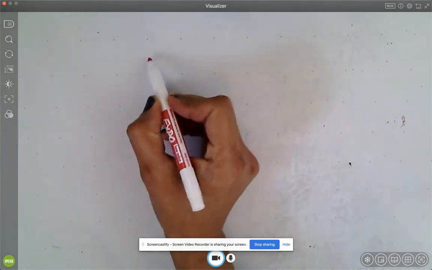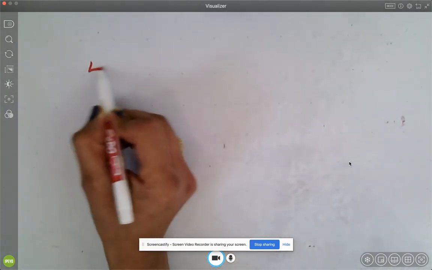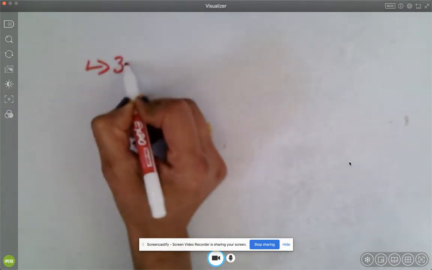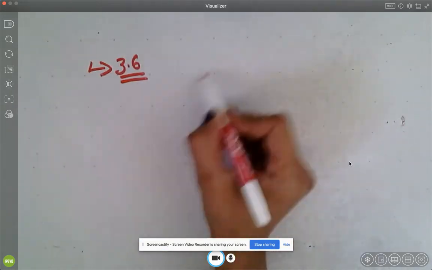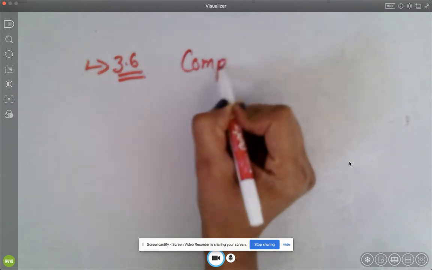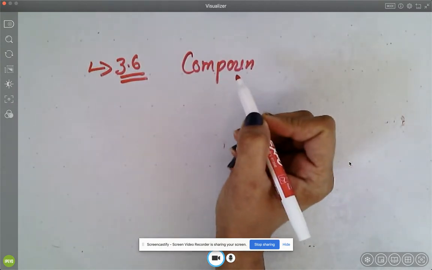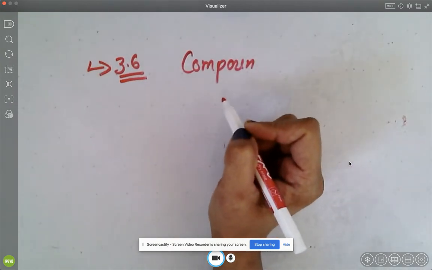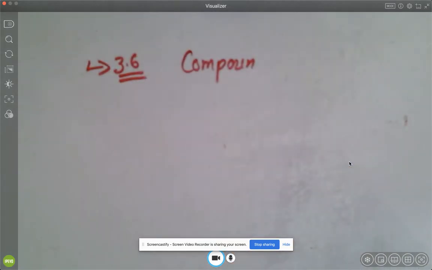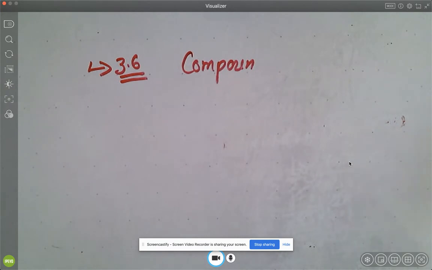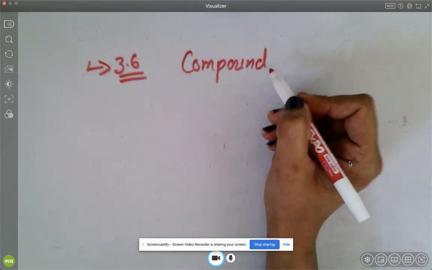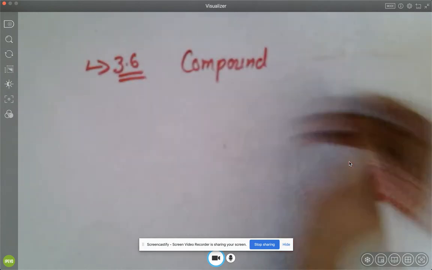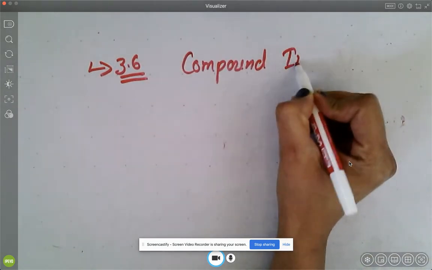Anyways, all right. So let's get started with our next lesson today. My next lesson is on 3-6, and this lesson is all about compound interest. I hope you guys remember in the first two sections we talked about this before. We talked about how the equation comes, where we get the one from. We get one plus something, the growth and decay factor. You can always refer back to your notes from the first two sections just to make it easier. So today's lesson is about